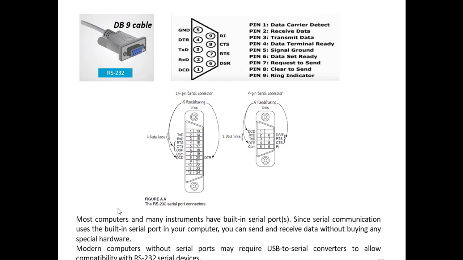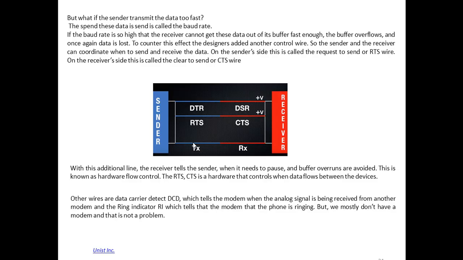Let me show you this. This is the RS-232 cable. It can be a DB9 cable, meaning that it has 9 pins, or it can be a DB25 cable, which means that it has 25 pins. But no matter if it's 9 pins or 25 pins, RX, TX, DSR, DTR, RTS, CTS, DCD, or